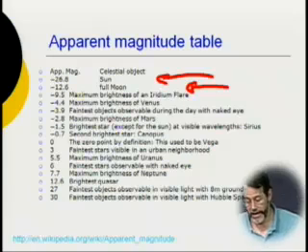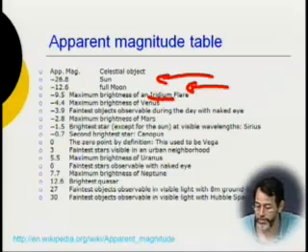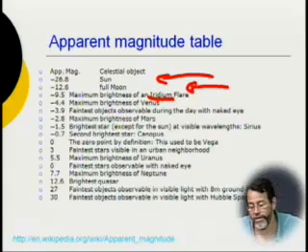Okay, in this modern age, there are many satellites orbiting the Earth, and these satellites also reflect sunlight sometimes. And there's one series of satellites called the Iridium satellites. And sometimes when they're relatively close by and they're reflecting a lot of sunlight, you can get a really bright flare that lasts for a few seconds. I don't know, has anybody seen an Iridium flare? No. Okay. Well, if you look at APOD, I don't happen to have one lined up here today, but APOD shows you pictures of Iridium flares. Sometimes they're confused with meteors on long exposures. But they can become as bright as minus 9.5, so that's bright.